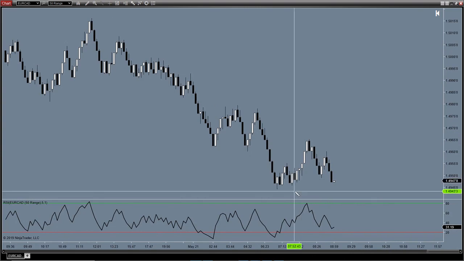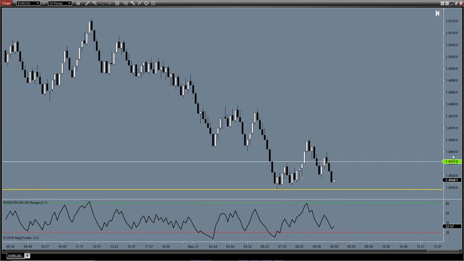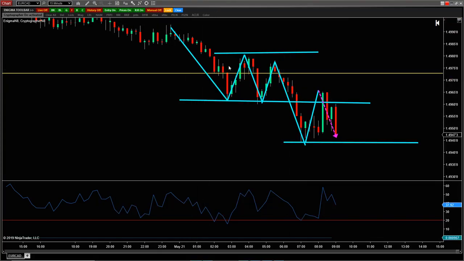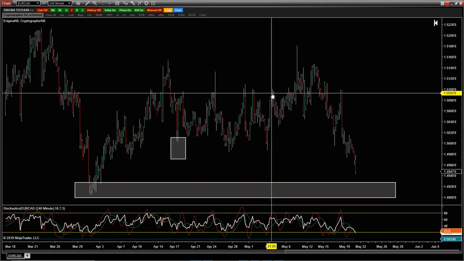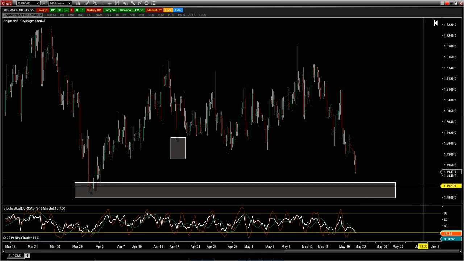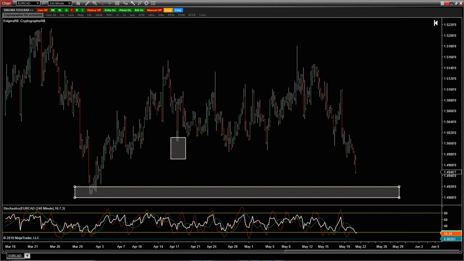All right, so range bar chart here. Euro Canada. Again, here's the line in the sand that I'm looking for, right? 149.45s. Once again, we can predict that we can come down to our low level of structure. Again, I don't have VS1s on here, guys. I took them off just to make my charts a little bit cleaner. But if you have a VS1 level, it should be identifying these zones. It's 149.20 down to 149 even.